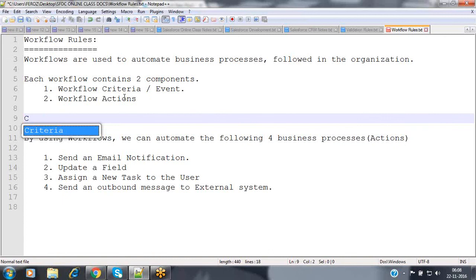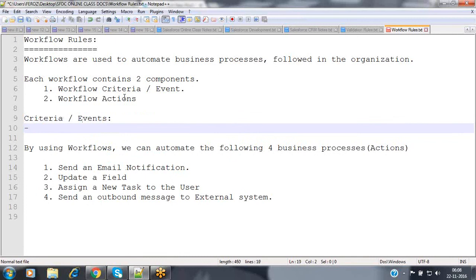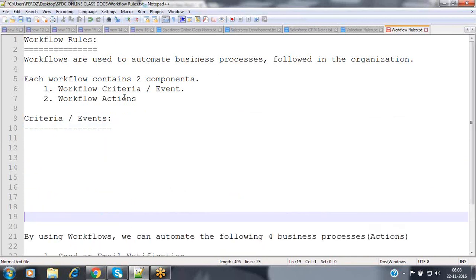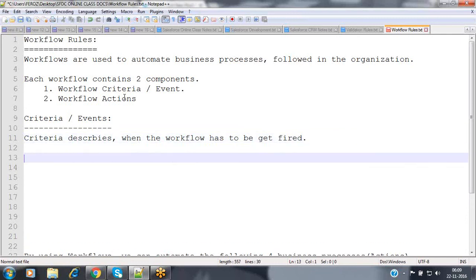Now we'll see the criteria. Criteria are the events. When coming to the criteria or event, it describes when the workflow has to be fired.